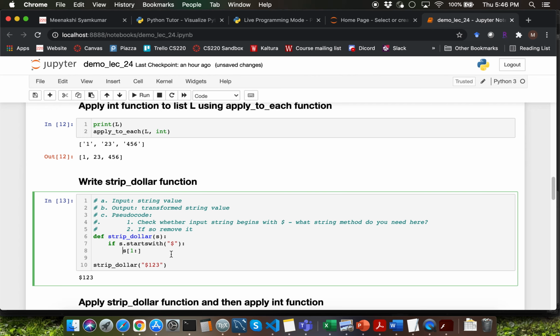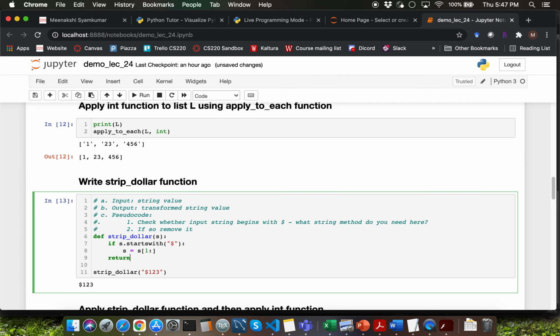After the colon, I don't have to mention an end because I want all the characters until the end of the string sequence. Recall that whenever you're slicing, you'll be creating a brand new object instance. Recall that string object instances are immutable, so there is no way for you to transform the original string object instance. So it is pretty evident that the slicing operation here returns a brand new string object instance. Let's capture that and update the reference within the variable s here. We need to then return s.